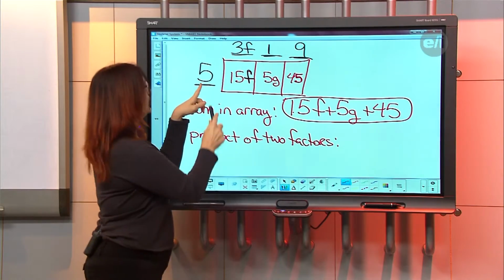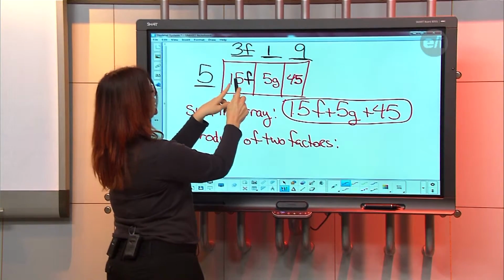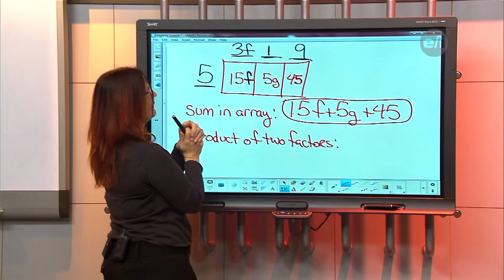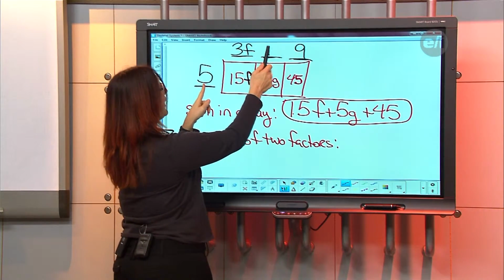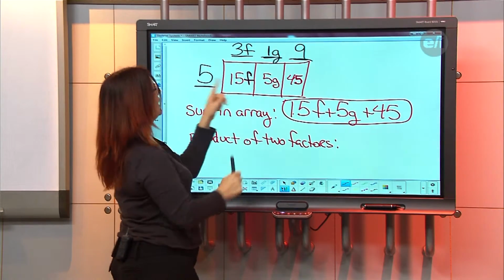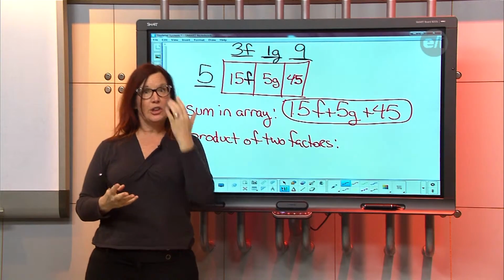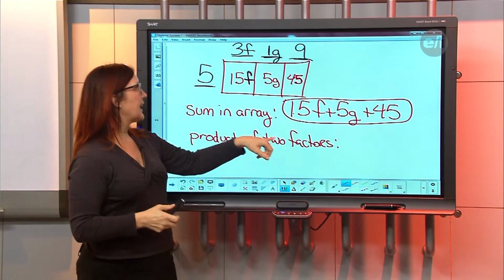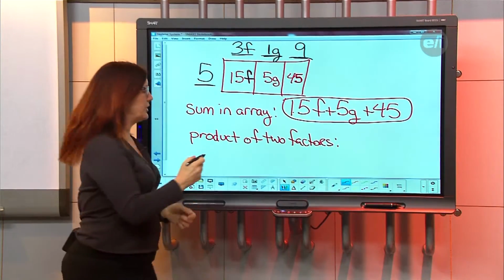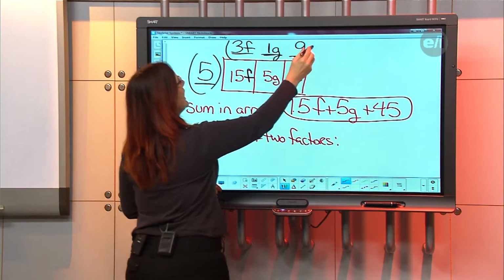Okay. All right, so I know 5 times 3F is going to get me 15F. 5 times 3 is 15, and the F just gets brought down. I know 1 times 5, and we're going to bring the G up here, would get me the 5G, and 5 times 9 is straight 5 times 9. So now we have to show that this is the product of two factors. And all we're going to really simply do is show this is one of the factors, the number 5, and the other side.